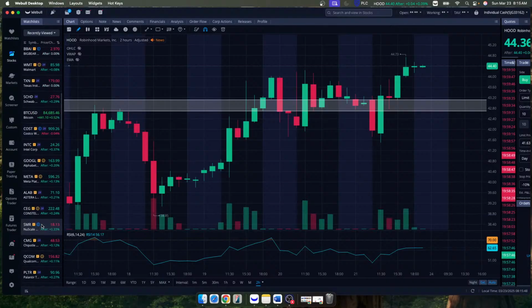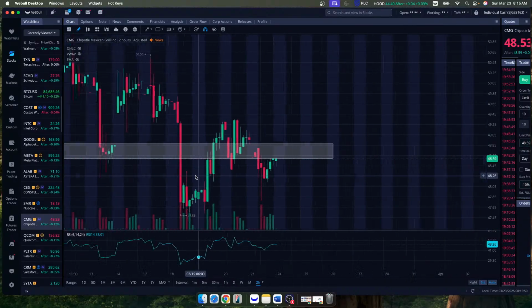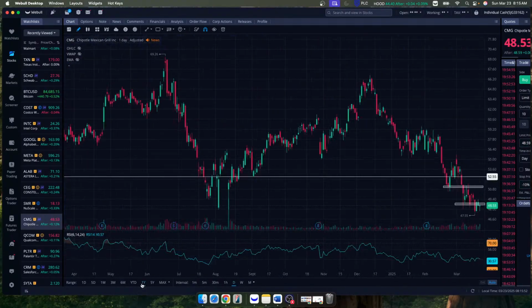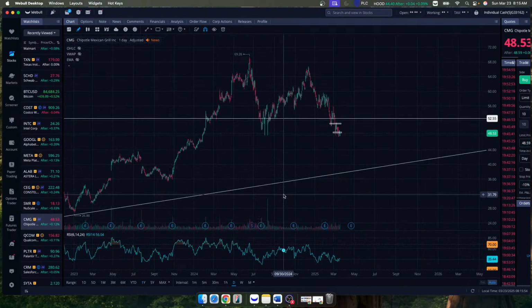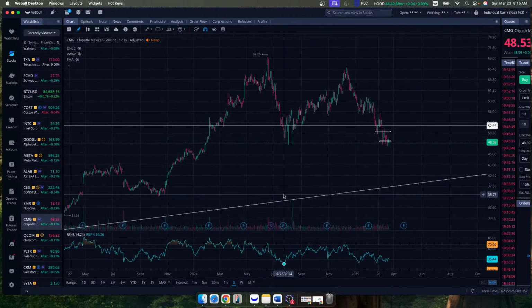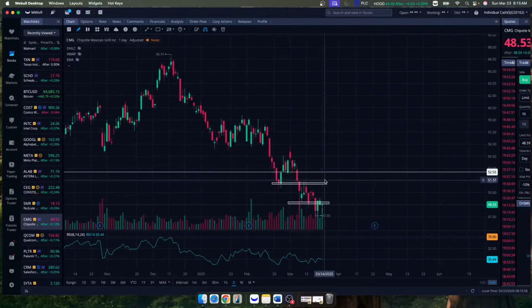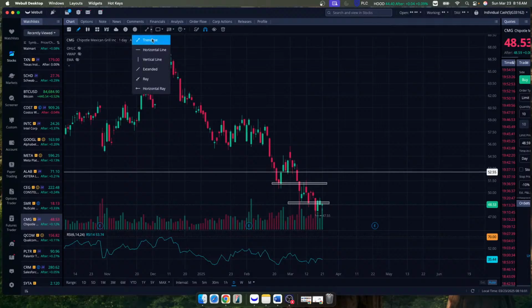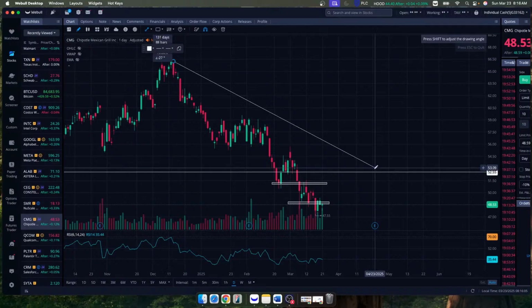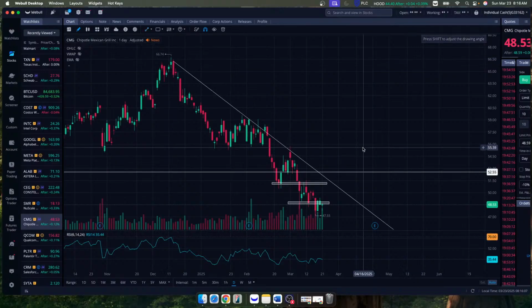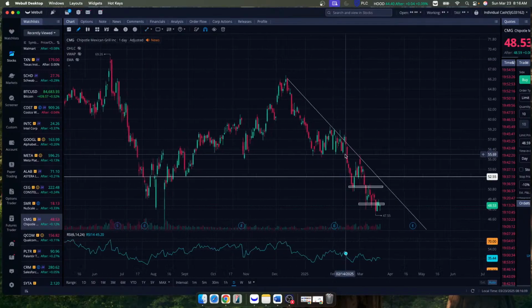So let's go over Chipotle. This is another stock that I genuinely enjoy going to once a week. But I do believe we have further downside, and let me just show you why. You have to look at the historical trend here. $66. Where is the trend going, guys? The trend is going down. Very obvious, all right? It's showing it right here.